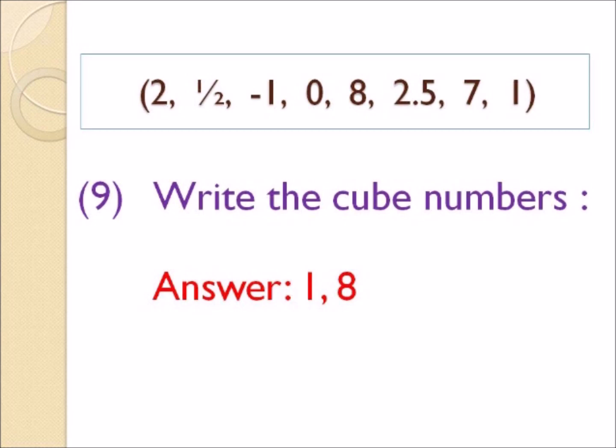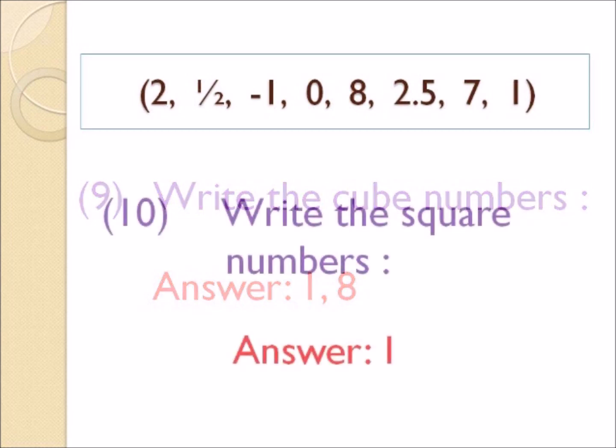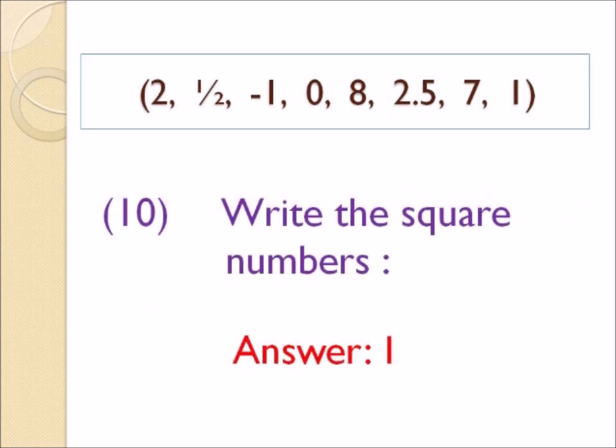And the last one, 10. Write the square number or numbers. In this case, it's only one square number, 1. Why? 1 times 1 is 1. That gives you the answer for that, guys. Hope you got 10 out of 10. If not, look back at the notes and make sure you can get 10 out of 10 on that test